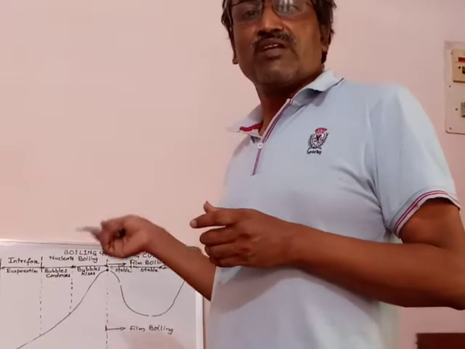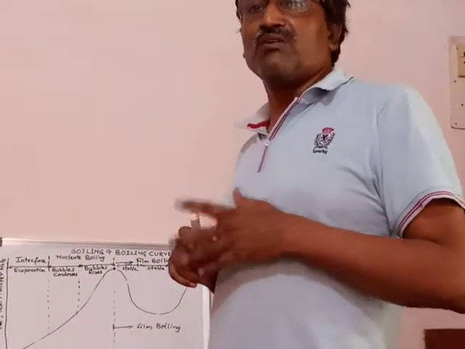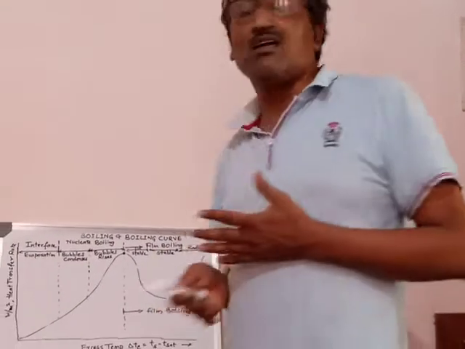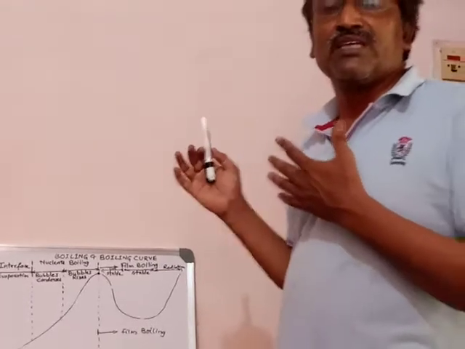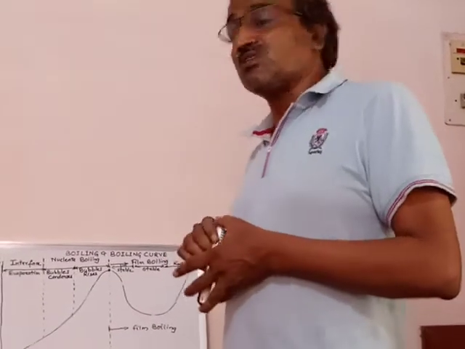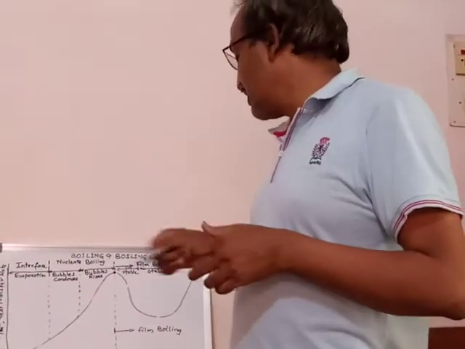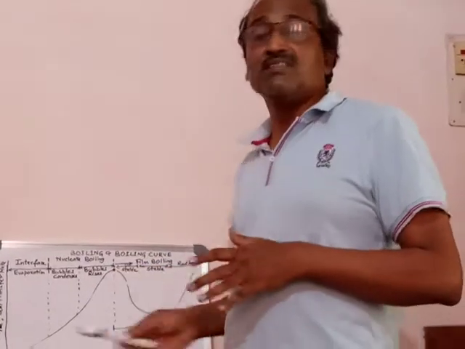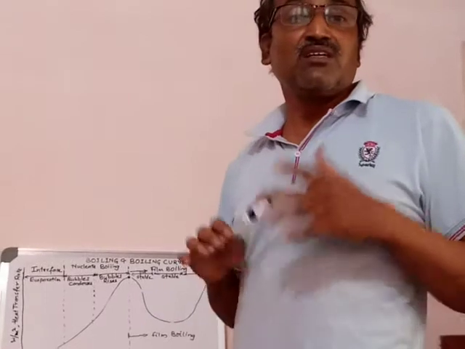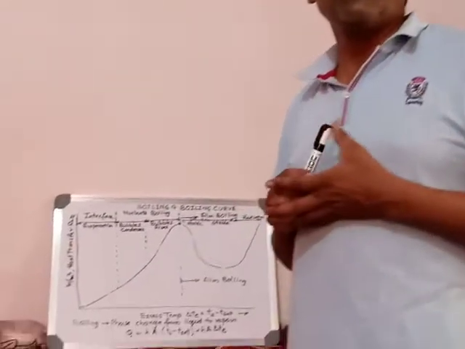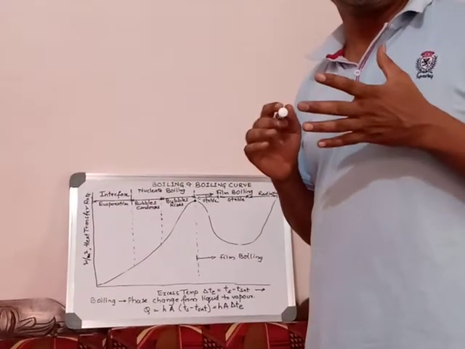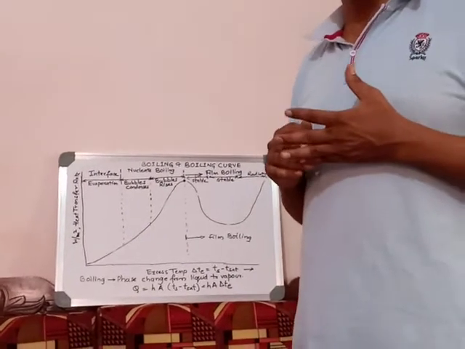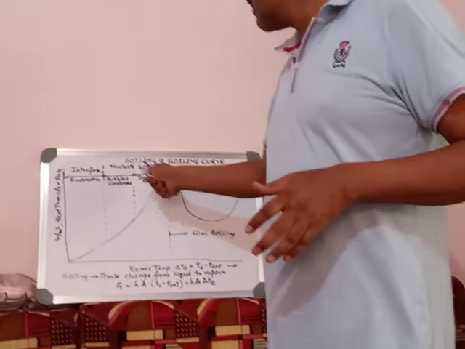etc. So it is very, very important when you want to survive in the examination that this type of problems and this type of theory questions are essential. 60 to 70% appears again and again. What is important is what you have to tell: what is the economical way of boiling a particular liquid? We have to say that it is the nucleate boiling zone.